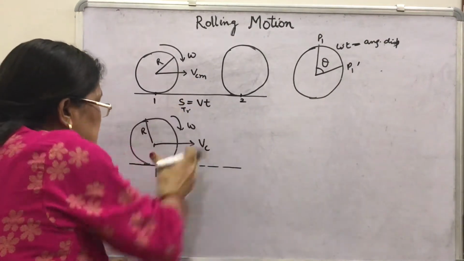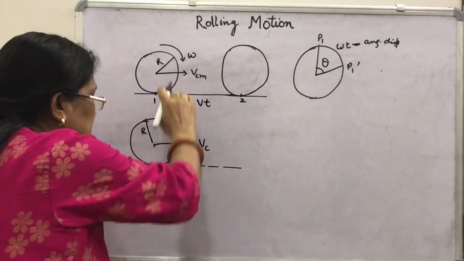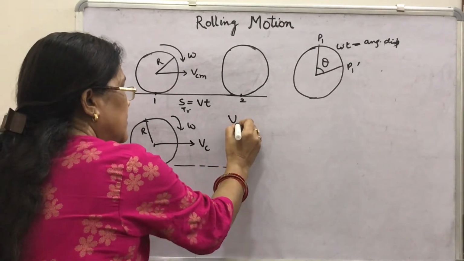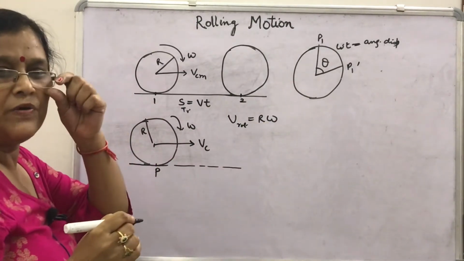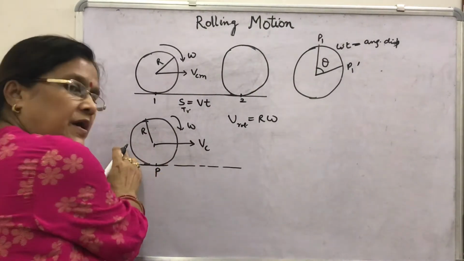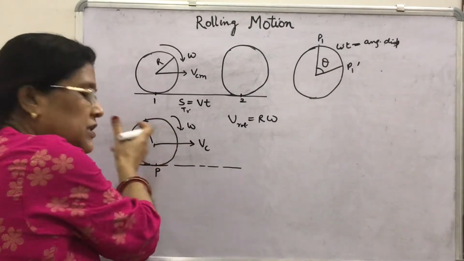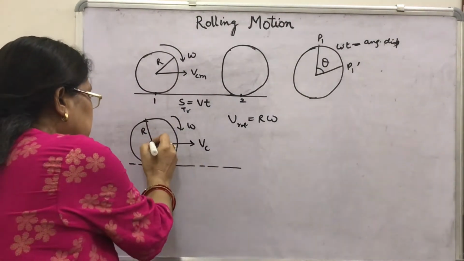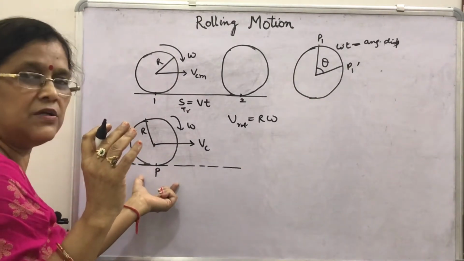And since it is rotating also, look here, at this point in this direction, at this point in this direction, at this point in this direction. And you know what is the velocity of rotational motion? It is given by r omega. So what I mean to say is that this point P after a certain time t will come here or not. Suppose you select this point, it will come here, this point it will come here due to rotational motion. We have to find what will be the displacement of the particle after time t in this situation.